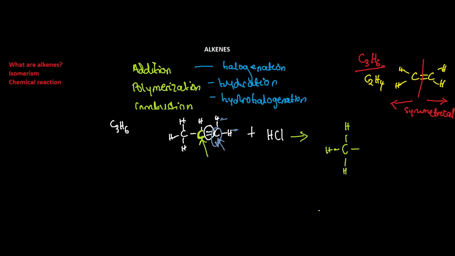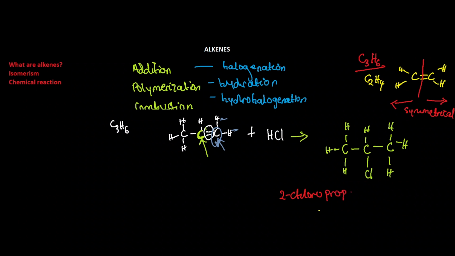So we would have H, C, H, then H, and a carbon here. Now hydrogen would be here, and chlorine would be attached here, and this carbon that had more hydrogen would have hydrogen attached to it. So this is simply what Markovnikov's rule says,